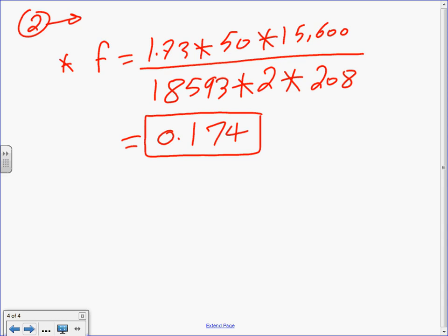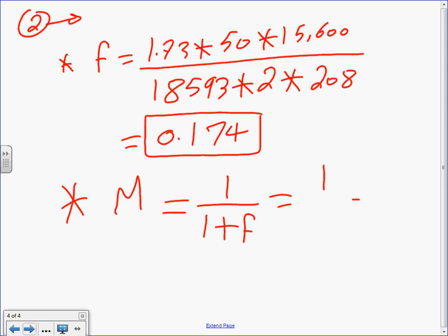That's piece of cake. Now, there's an M factor. M for multiplier. We need to find also the M factor. My M factor is 1 over 1 plus F factor. Look how easy that formula is. Now, Darren, this is your percentage. The M factor is your percentage. So can you guys plug it in? 1 over 1 plus